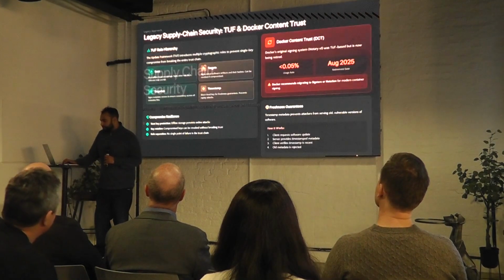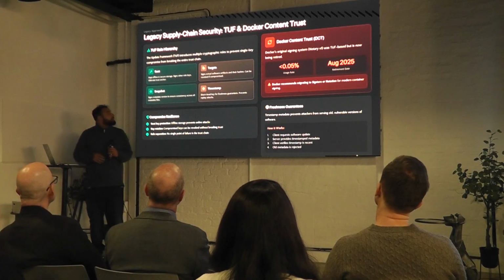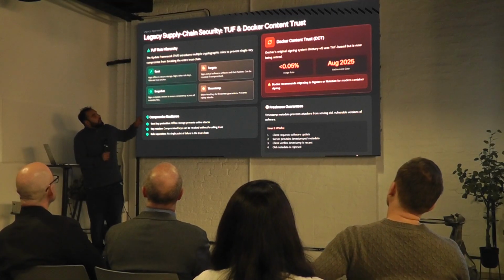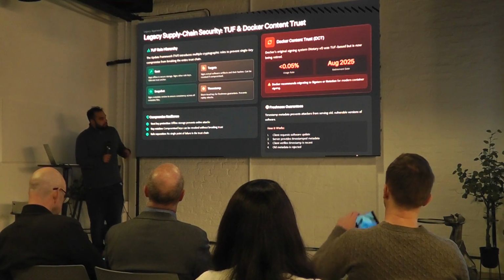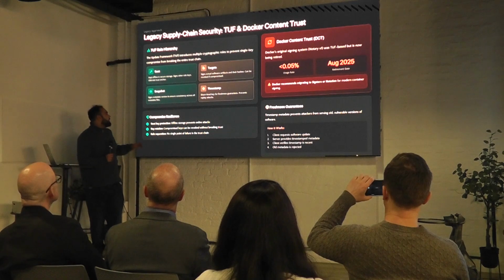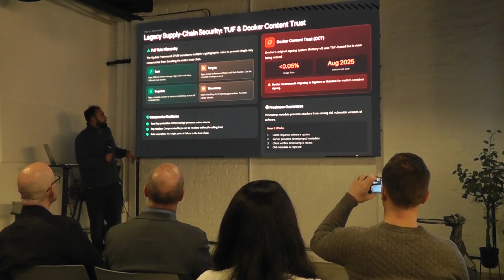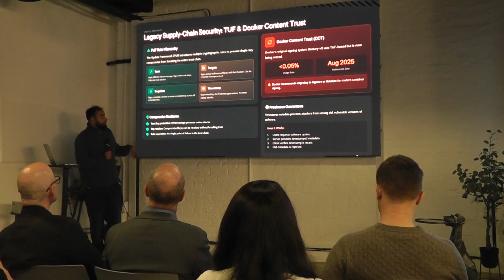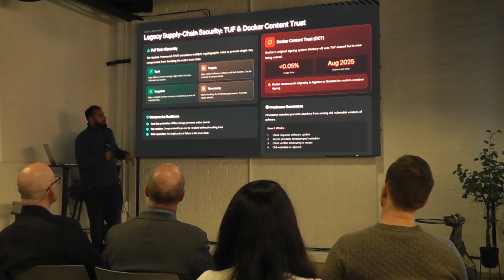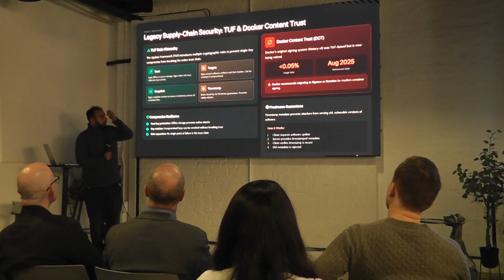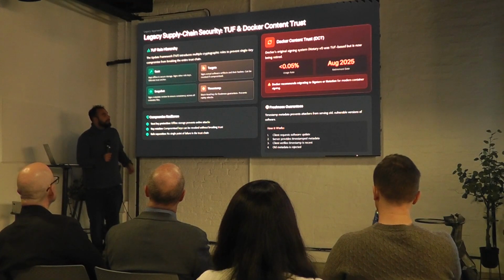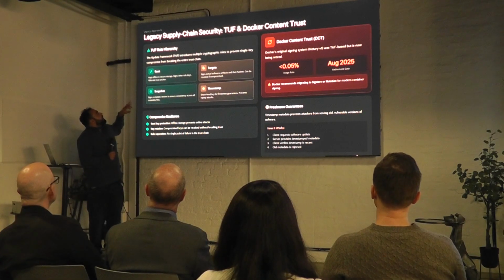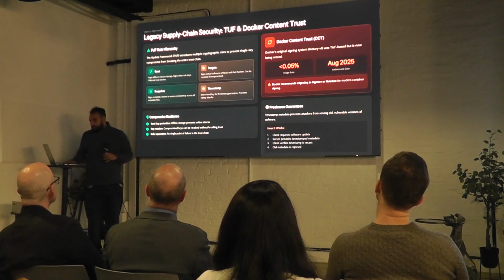And then the next topic, supply chain security. Docker Content Trust and TUF are pretty much being phased out. So real-time protection, offline storage, preventing online attacks, key rotation, role separation, not giving everybody access to everything, like the intern, except if it's me, then give me everything. Joking. Role hierarchy. So, yeah.